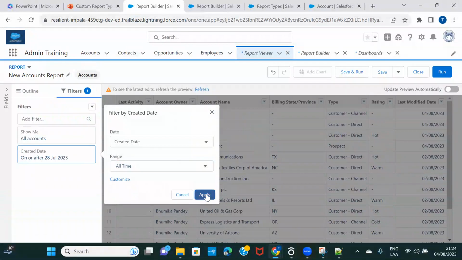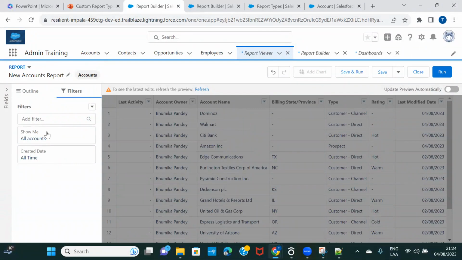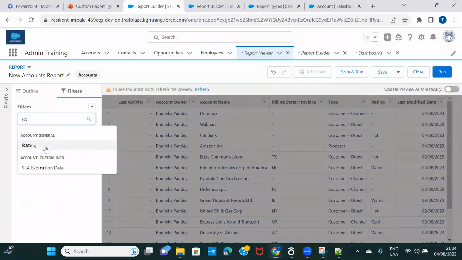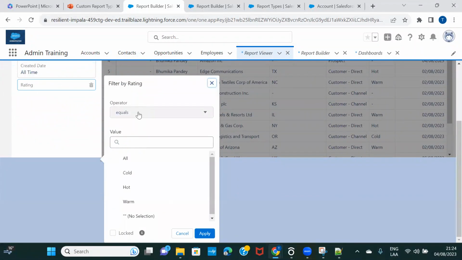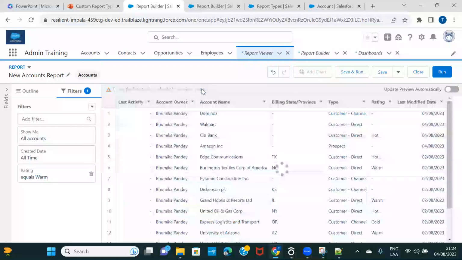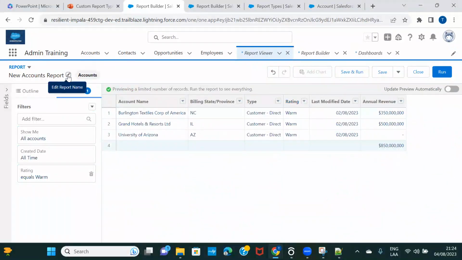All time, apply, and let me, I mean, you already know about these things, but let me apply a filter based on rating. So rating, and as it's a pick list, it is showing me all the values. I only want to show the accounts which are rated as warm. And here I'll click on this and I'll give it a name as